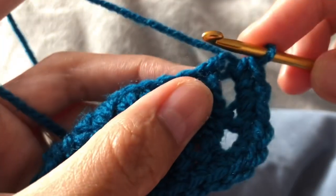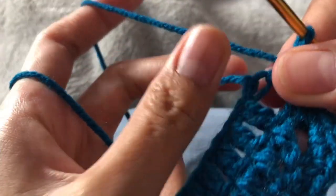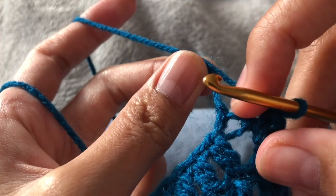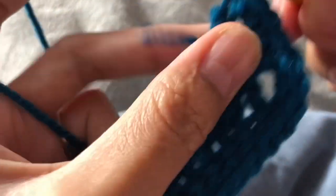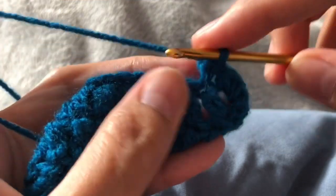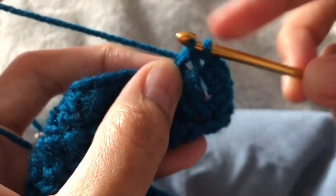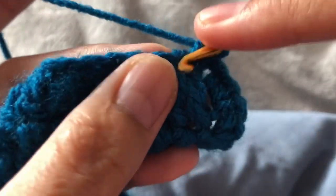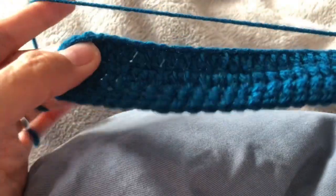1, that is our first chain, right? In the previous round, see, this is our first chain and our first row. Insert your hook and make a single crochet, and continue making 1 single crochet per stitch all the way down. So 1 single crochet all the way down, and